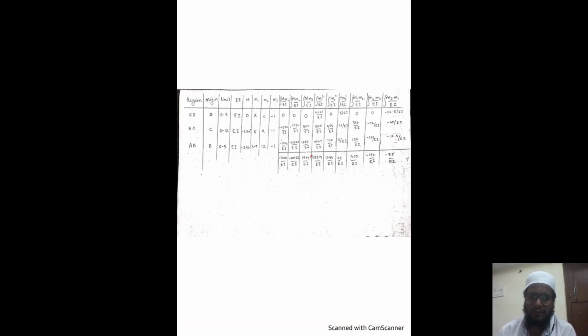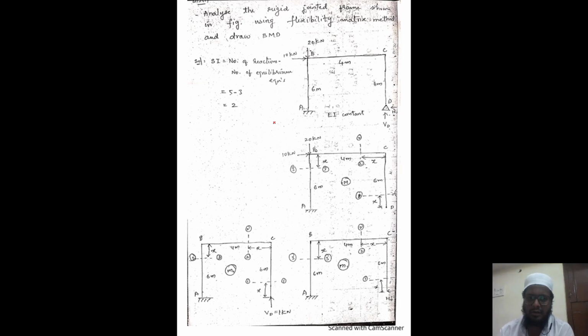So what are the things we have done in this problem? We have taken M, that is capital M, then m1, m2 and m3. This is the extra part which we have taken in the previous problem where our static indeterminacy was 3 in the entire structure. So the same problem we will be taking in this present class wherein the static indeterminacy in the problem is 2, but because of the external loading our frame will try to get deflected in some other direction. Okay, so this is what the question is.